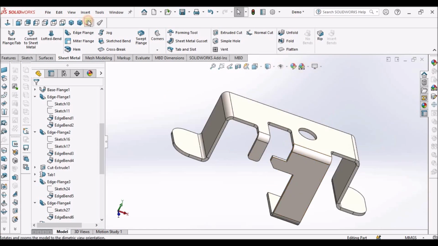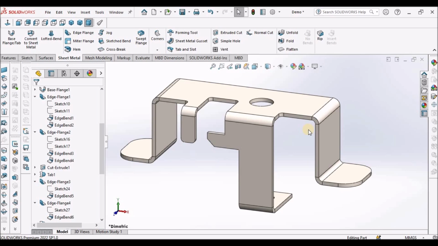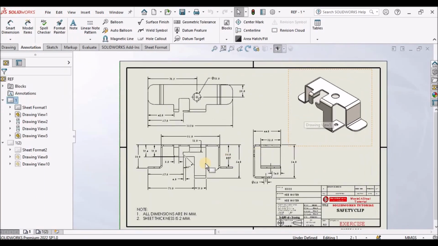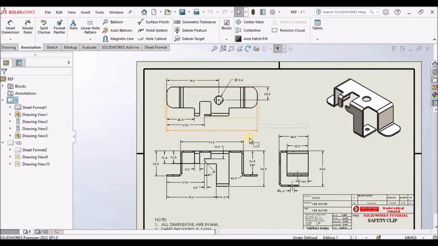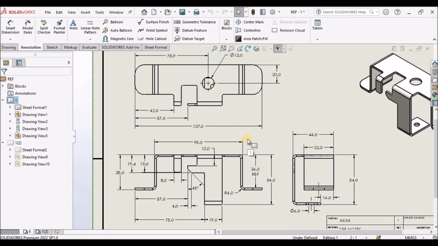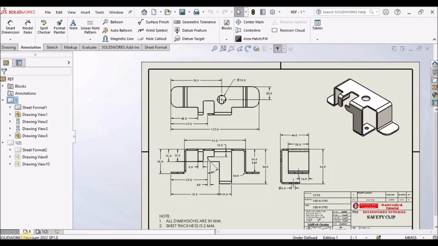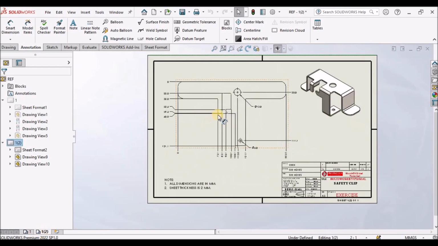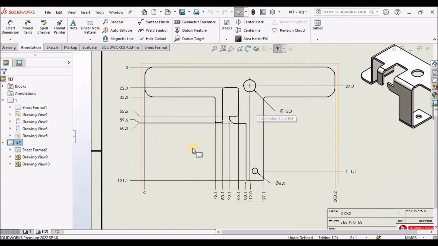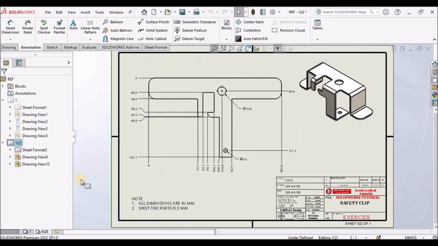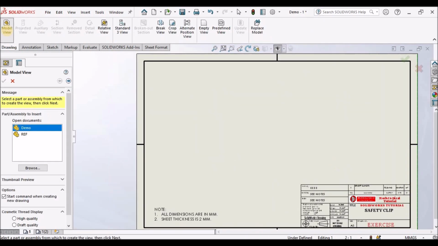So this is the final component, and I am going to show you how to create the drawing. So this is the drawing. I am going to show you dimension in folded state as well as flat pattern in ordinate dimension. Let's start now. So go to model view,